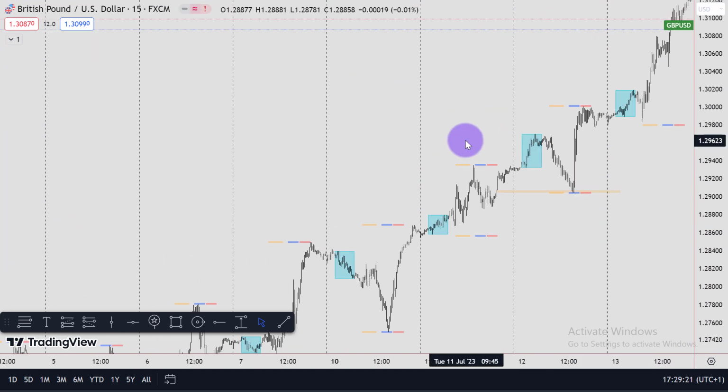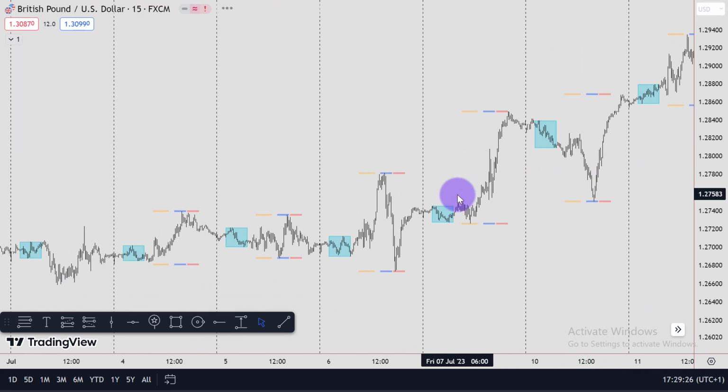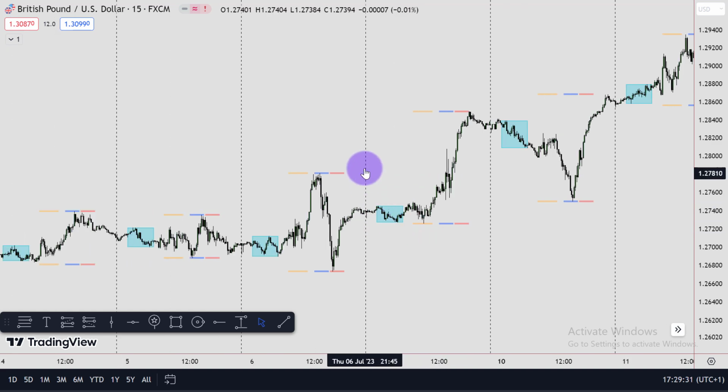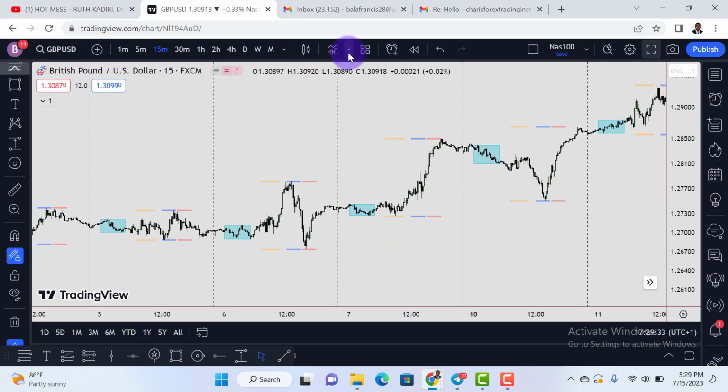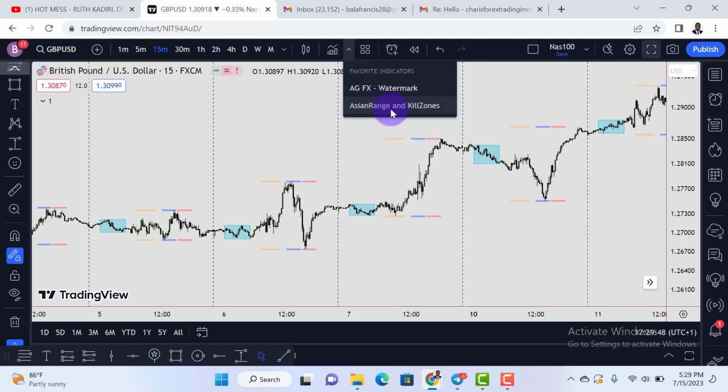All right, the first thing I need to do is to add the Asian session indicator. The Asian session indicator shows us the Asian session highs and lows. All right, so you just come here and click on indicators right here. Once you click here, I'd like you to search the Asian range and kill zone indicator. That's the indicator I'd like you to add, Asian range and kill zone. It's already added on my